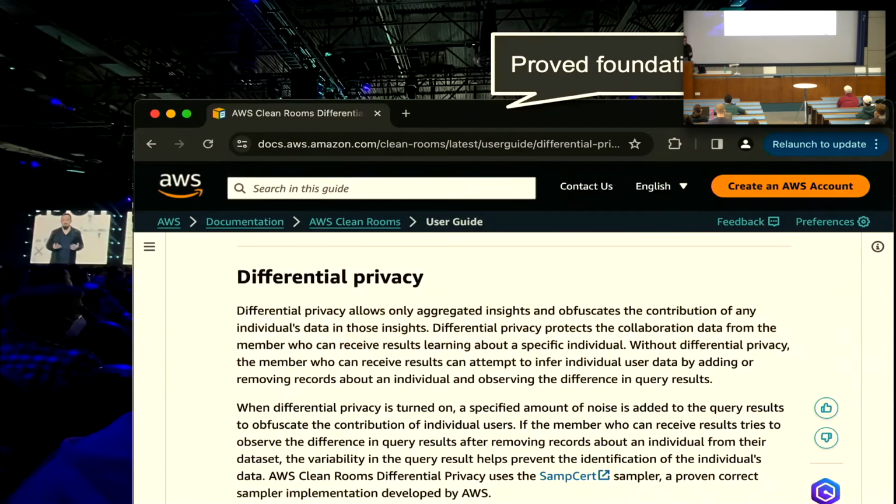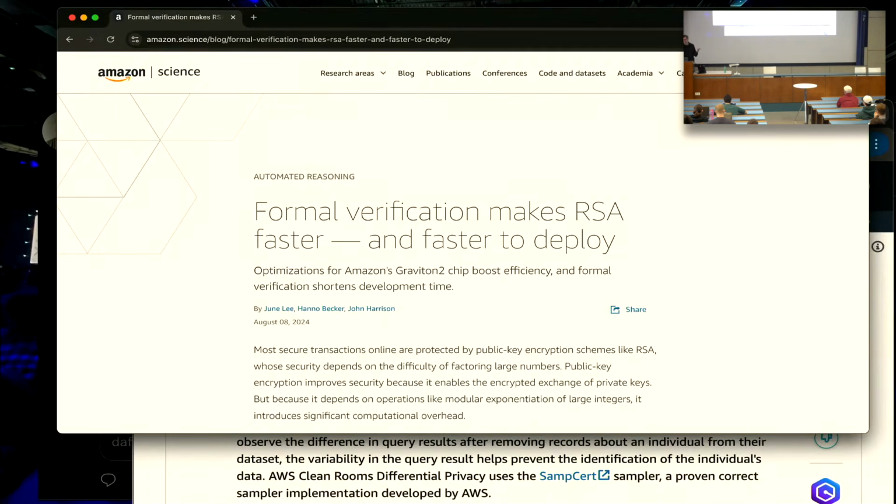We also prove a lot of stuff about our source code. For example, AWS Clean Rooms, that's a service, but also a bunch of internal stuff, uses an idea called differential privacy. That's a statistical technique such that you can look at populations of data but not learn anything about any individual in the population. You're going to want to really get that technique right, and it's hard to get right. So in the Lean theorem prover, we prove the correctness of the foundations of that code that's used in Clean Rooms. And then we also prove the correctness of the cryptography.